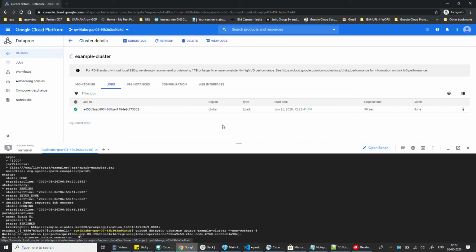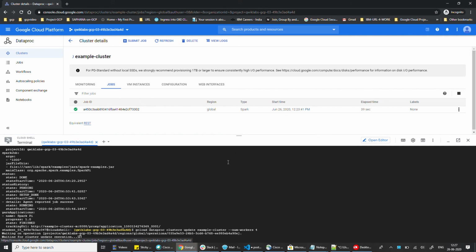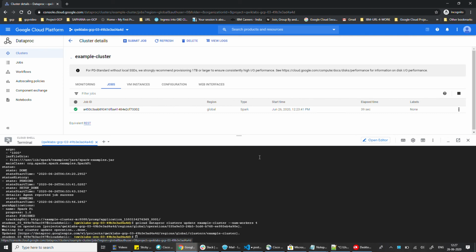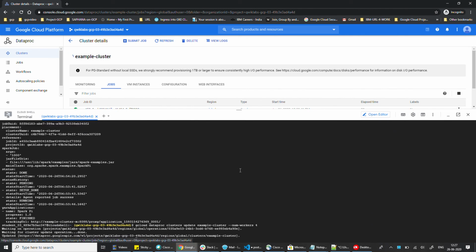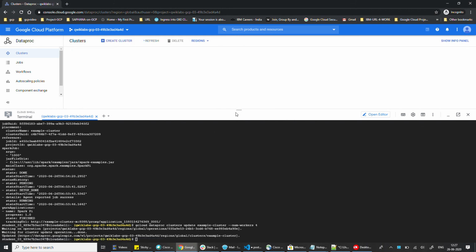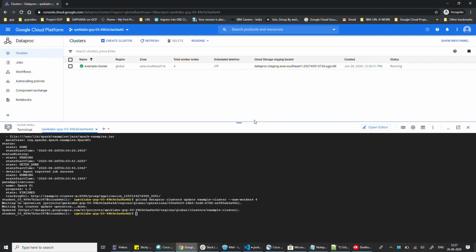Hope you all understand how we can create a cluster and submit the job through the command line, and that it will be helpful to quickly create the cluster and submit the job.